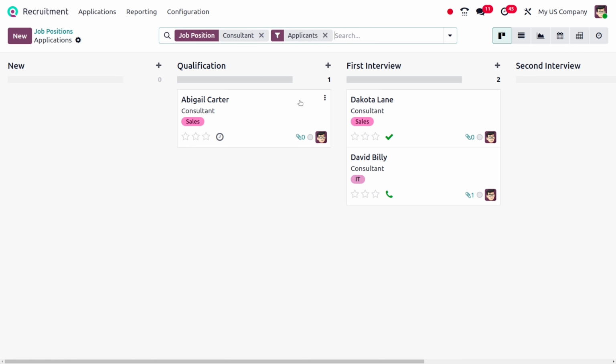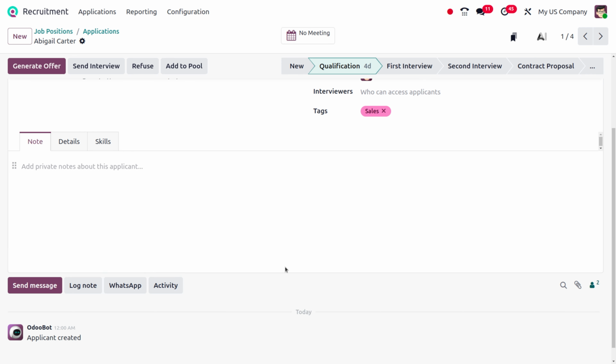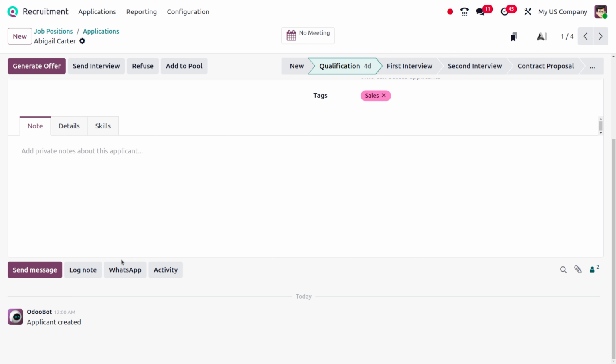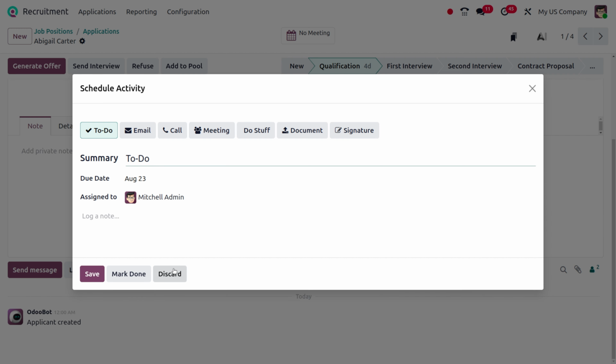I would like to consider the job position of Abigail, and afterwards, as you drag down under the chatter, we have the activity, and we can set an activity on the job position. We have different options like to do, email, call, meeting, upload document, signature and all. If we want to have a self-check on the progress, we can log it with the activity. So I would like to do an activity for the job position to check the progress,